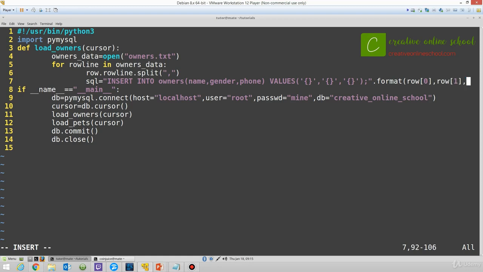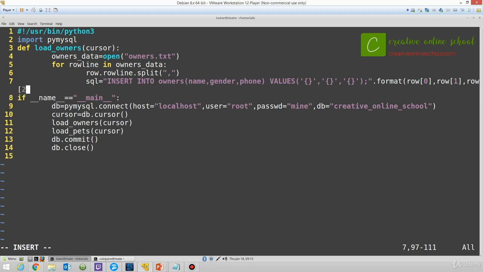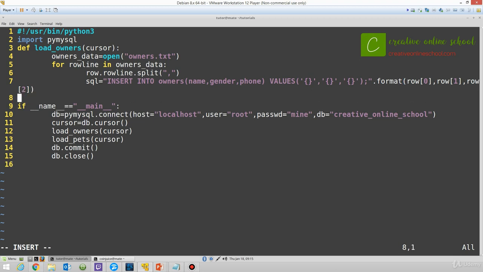For me, I'm just going to index every item in the row. What is important about the .format string format is that these single quotes around the braces tell .format where it needs to insert. So that is extremely important. They need to be single quotes and not double quotes. And then we just do the cursor.execute